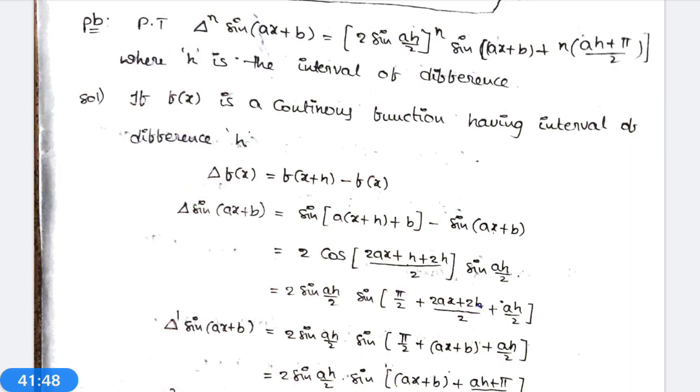It is like sin c minus sin d. Sin c minus sin d is equal to 2 cos((c+d)/2) into sin((c-d)/2). That gives 2 cos((ax+ah+b+ax+b)/2) into sin((ax+ah+b-ax-b)/2). Therefore, delta sin(ax+b) is equal to 2 sin(ah/2)